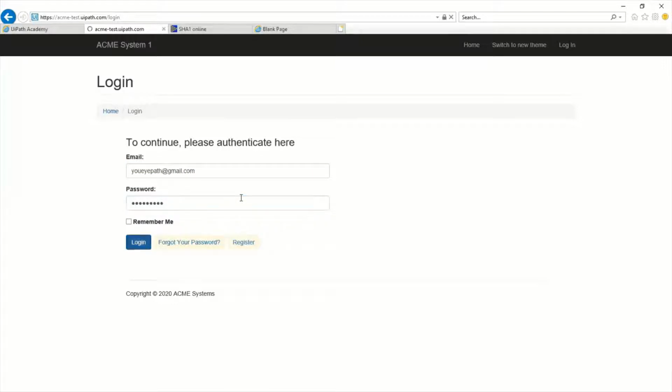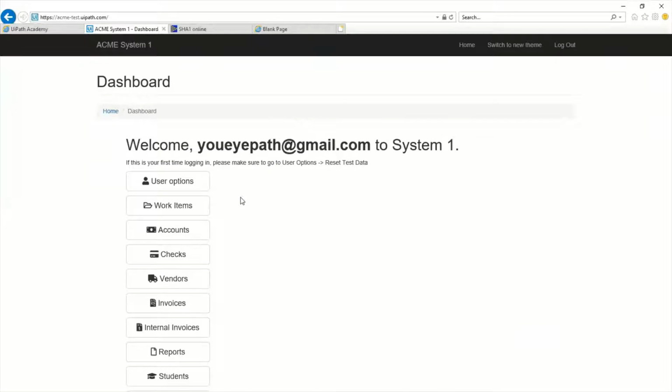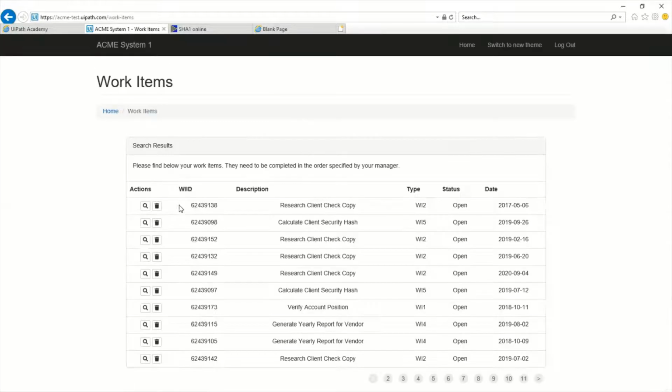Go ahead and get yourself logged in, and I'll take us on a tour as it pertains to the project requirements and expectations around the Generate Client Security Hash project. So once you get logged into the web page, this is the main dashboard or home page for the Acme System 1 website. Recall when we were working on our selectors activity, we had ourselves navigating through the work item